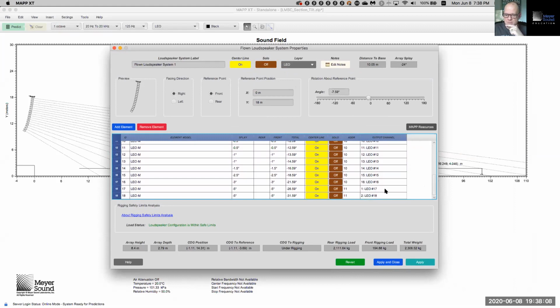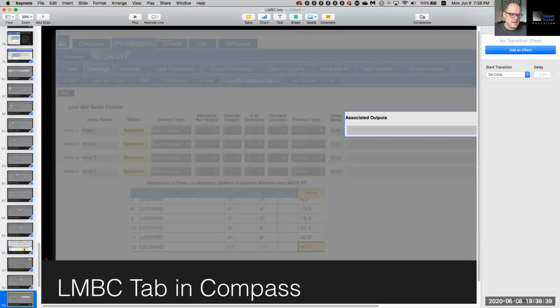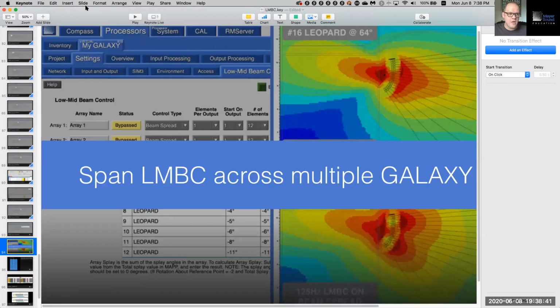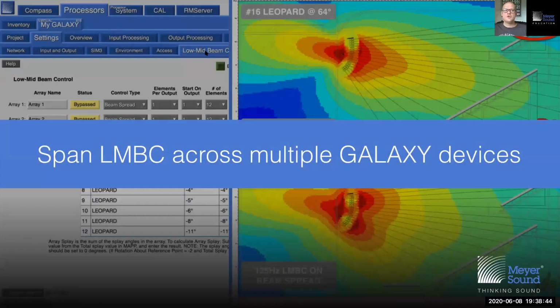And these 2 loudspeakers are connected to the next Galaxy. So I have 18 loudspeakers spanned across 2 Galaxy devices. The first 16 live on the Galaxy on address 10. The second 2 live on the Galaxy on address 11. The other thing that you might want to take note of is the array display of this particular array, which is 24 degrees. So let's go to the keynote and see how you deal with an LMBC solution that spans